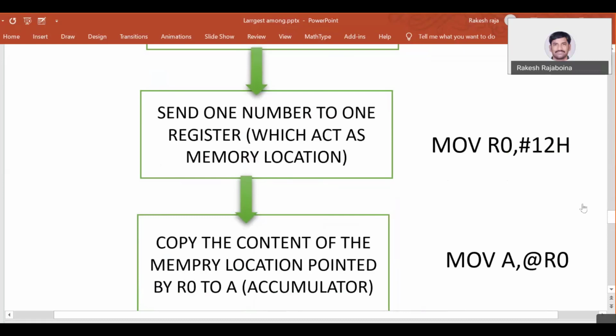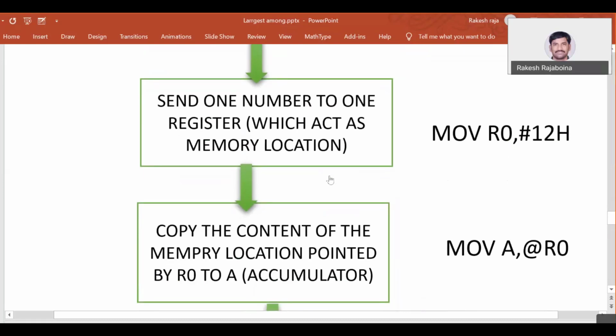Now if you look at the next instruction, I'm going to copy the content of the 12H memory location to my accumulator register. That means I'm going to have my numbers at 12H, then 13, 14, 15 and 16. Please remember, I defined one number and moved it to R0, and after that I moved the number at the 12H memory location to the accumulator register.